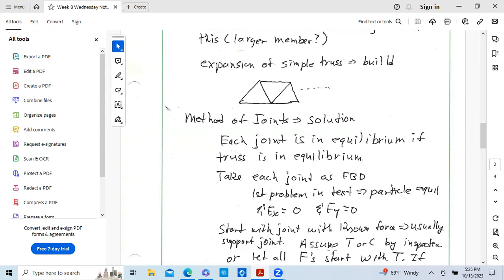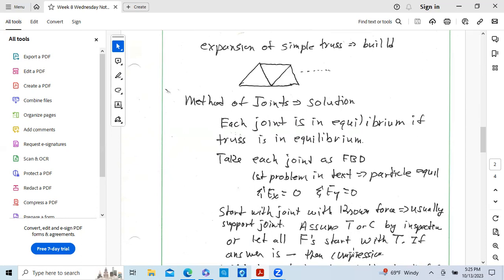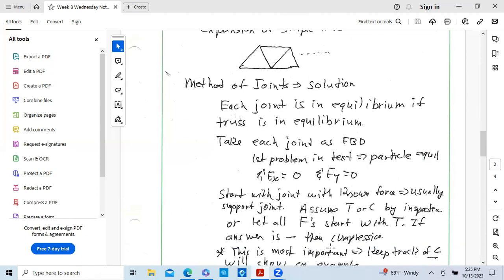So you can assume tension or compression by inspection. That is difficult, and I wouldn't allow myself to do that either. So my suggestion is that you start off at each joint with all forces in tension. If the answer comes out negative, then it's not tension, it's compression, and you need to keep track of compression. This is the most important subject we're talking about today. You've got to keep track of compression,